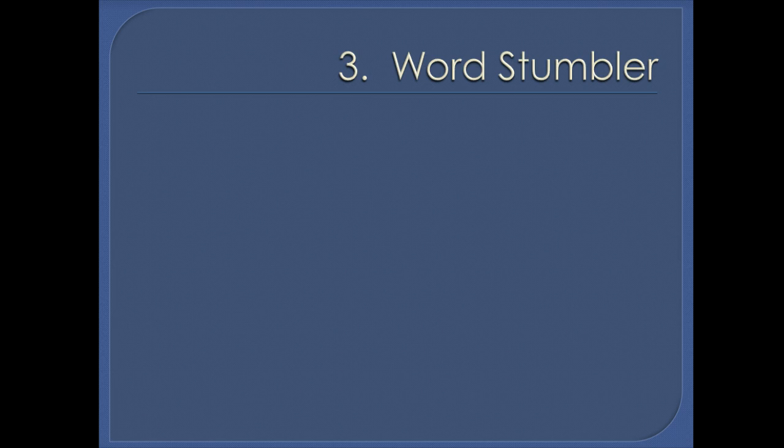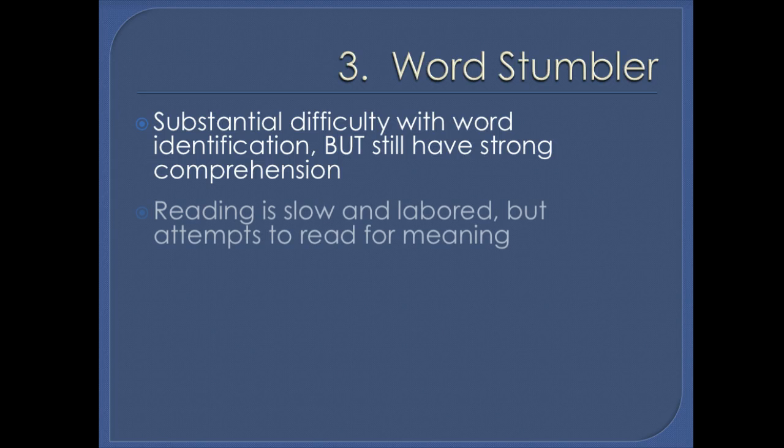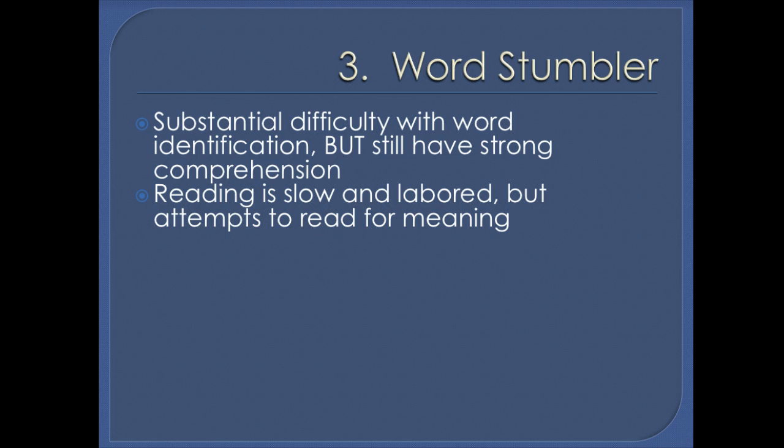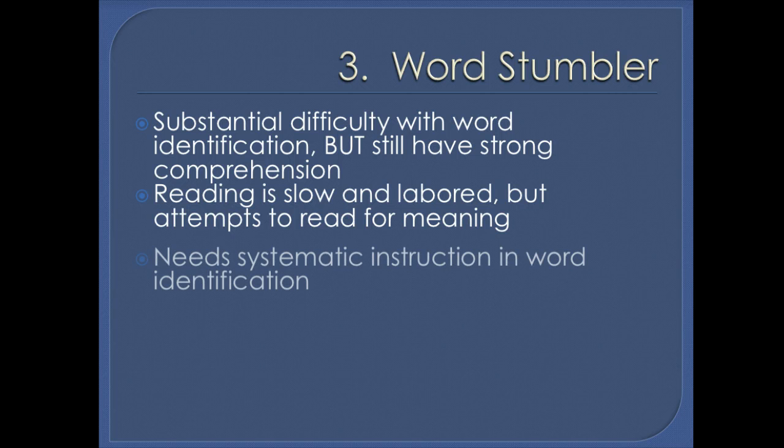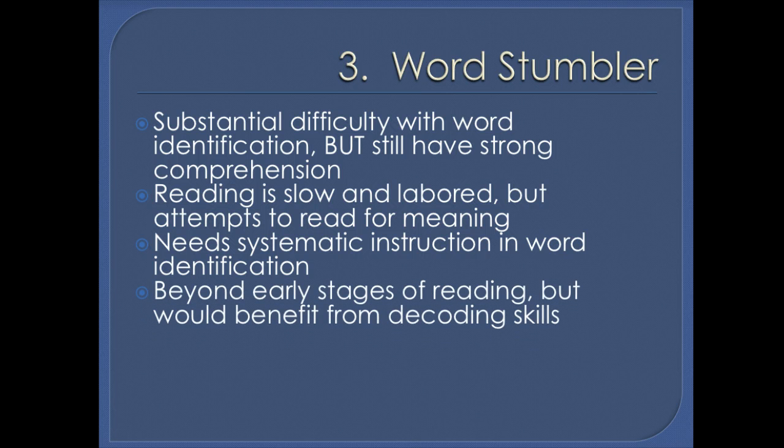Third was the word stumbler, and these were students that had some substantial difficulty with word identification, but still have strong comprehension, which sounds very interesting. So their reading is slow and labored, but they attempt to read for meaning. These types of students need systematic instruction in word identification. They're beyond the early stages of reading, but would benefit from decoding skills. So what I mean by beyond the early stages of reading,